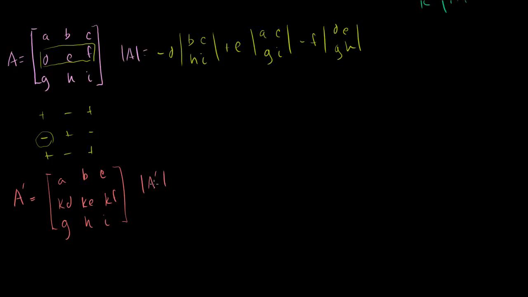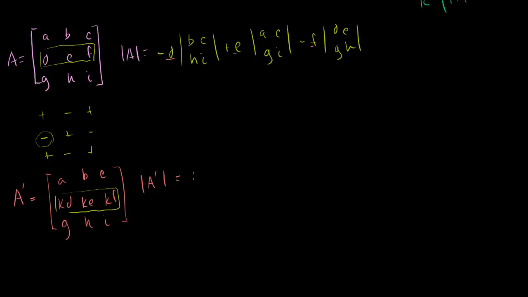The determinant of A prime. And I put that prime there to show it's different than A, but it's derived from A. I just multiplied one row of A times a scalar. Well, I can go along that same row that I did up here. The only difference is that instead of having a d, I now have a kd. Instead of an e, I now have a ke. So it's going to be this exact same thing, but I can replace this guy and this guy with them